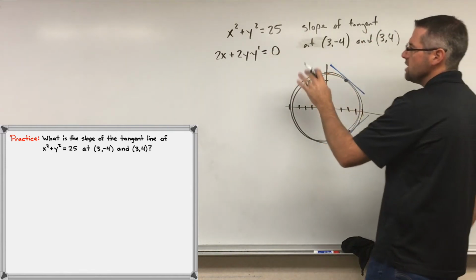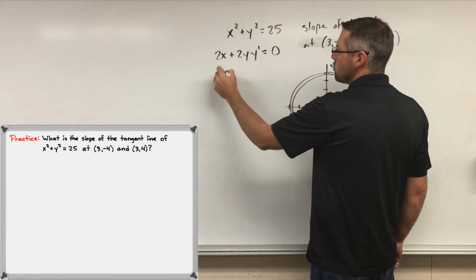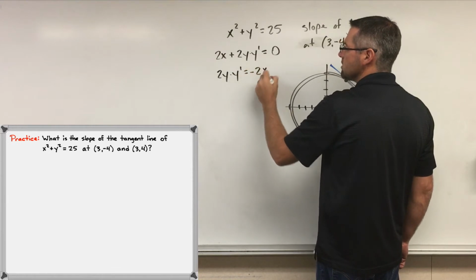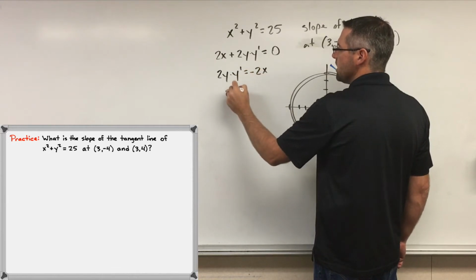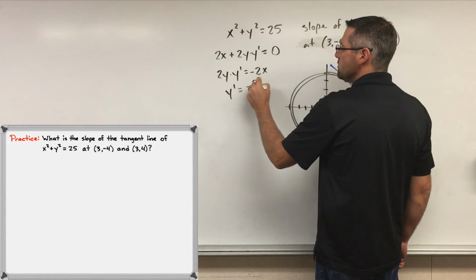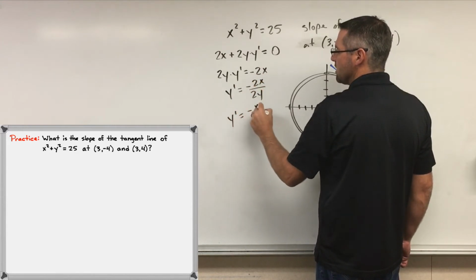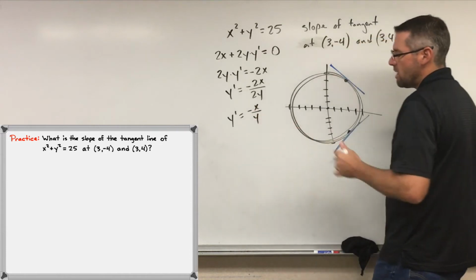And then from here we can isolate y prime. We'll go ahead and subtract the 2x. We got 2y times y prime equals -2x. And then we'll divide by the 2y, so we get y prime equals -2x over 2y. And so y prime equals -x over y. So I have now my derivative